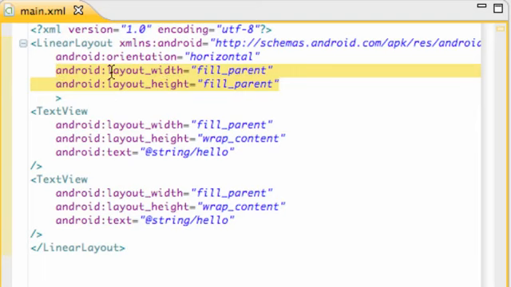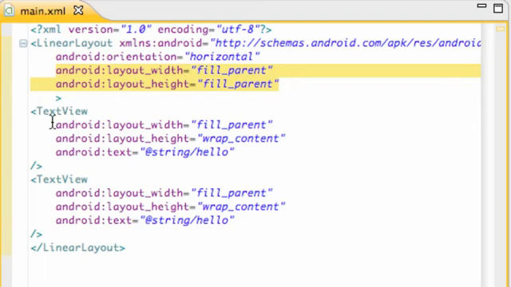And what the parameters are, well, the width is going to fill the parent, so it's going to take everything that's available for the width, so the whole screen's width for the most part. And same with the height, it's going to take all the height that is available to it, and that's basically its attributes, or its parameters for the most part. So there you go, you have your linear layout set up, taking the whole screen and set to a horizontal